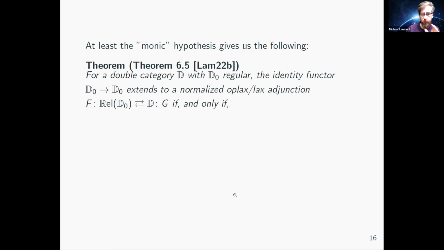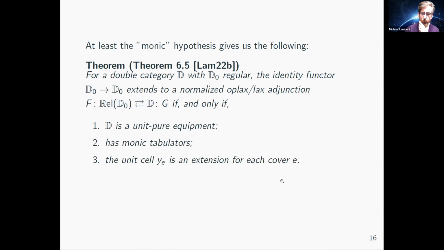Really, all you need is monic, and this gives you the existence of this Oplax-Laxic junction. So we're going to start with a regular category, D0, underlying our double category. And the theorem is that the identity on D0 extends to a normalized Oplax-Laxic junction with relations on the underlying category if and only if